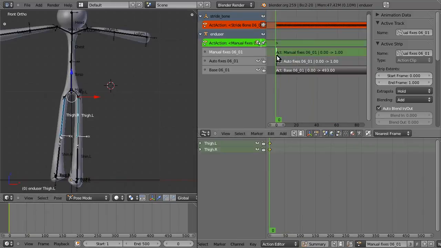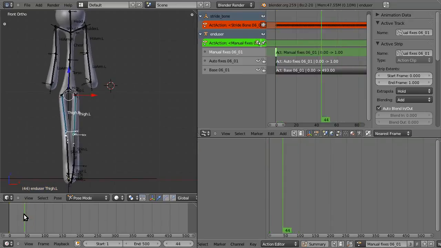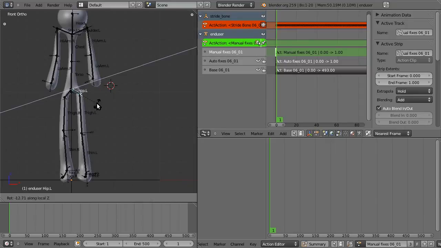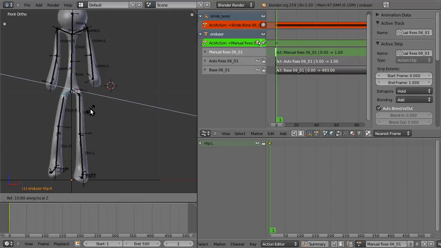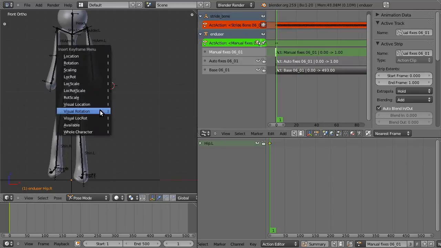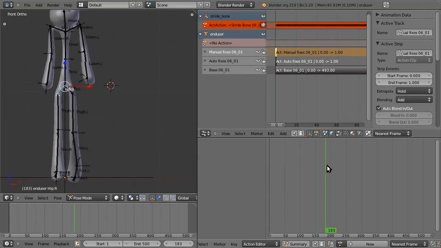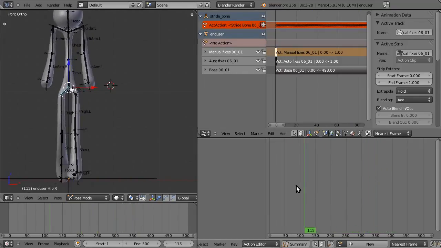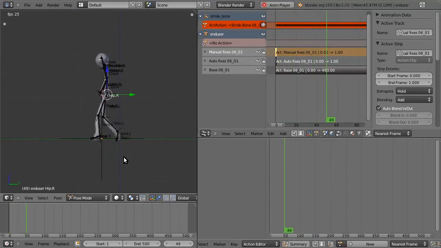You can obviously delete those keyframes and go back to the original. Let's try fixing the hips. Maybe that will help us. There, that looks a lot better. He's not so much running into himself, tripping over his legs. And if we look at it from the side, we can see that there's no foot skate